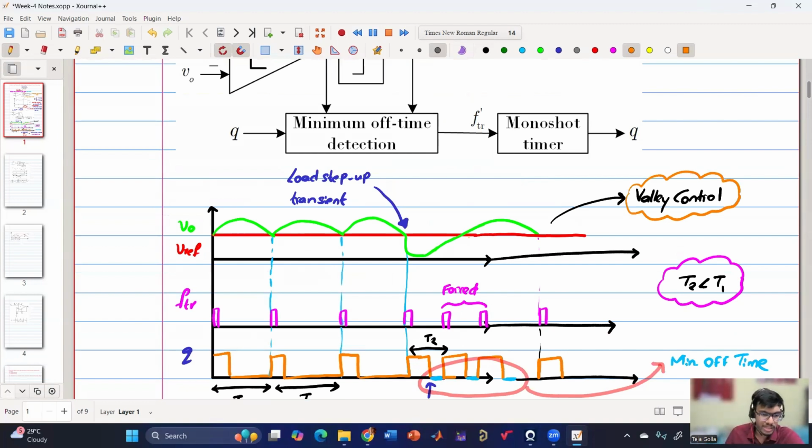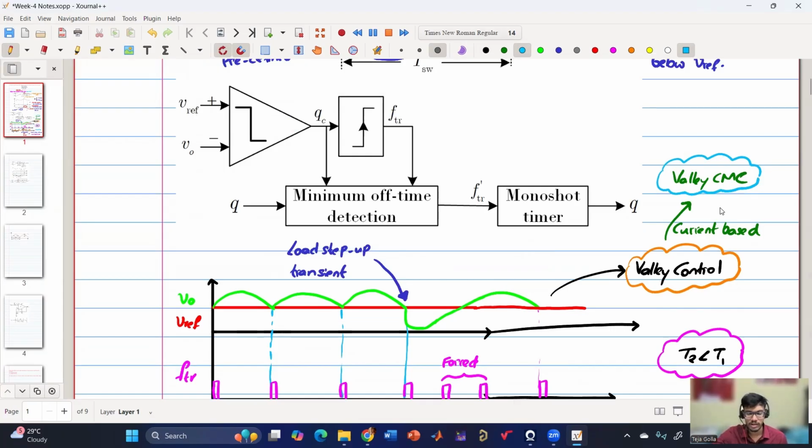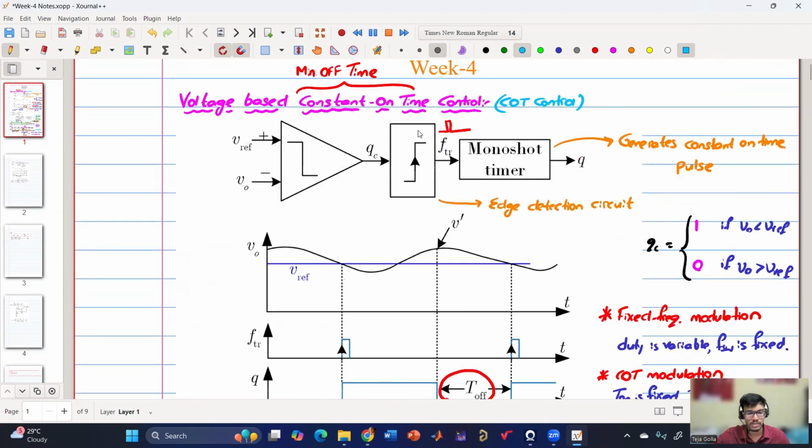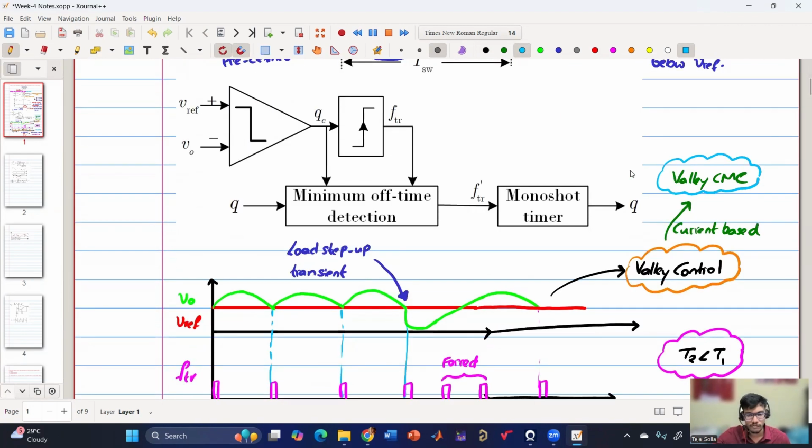If it is current based, constant on time, then we'll call it valley current mode control. Valley current mode control can be of fixed frequency or variable frequency. In the variable frequency case, constant on time is valley current mode control. And in fixed frequency also, we have peak current mode control as well as valley current mode control. So both are analogous. Now coming to his question,